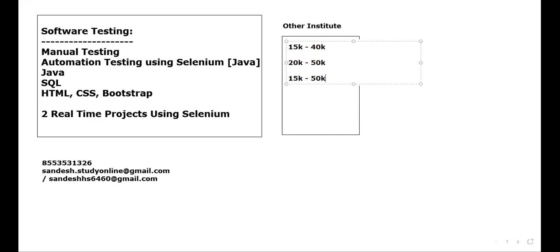For Java till collections, minimum 15K to, I can tell, some 50K is what they will charge. You can do your inquiry, fine. Some of them might take 12,000, 13,000 for Java. That's up to their wish. For SQL, minimum 2,000 it will start, and it will go up to 5,000. For HTML CSS, same. They'll be charging around 2K to 5K.